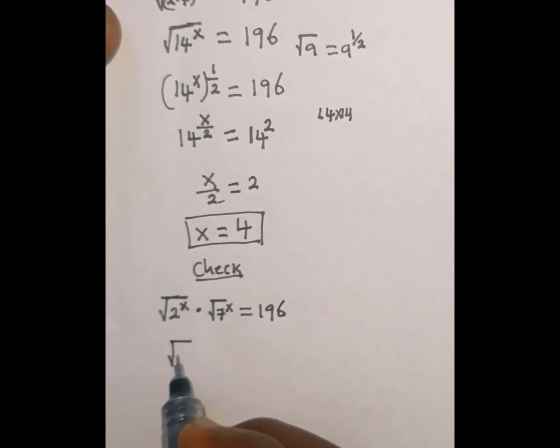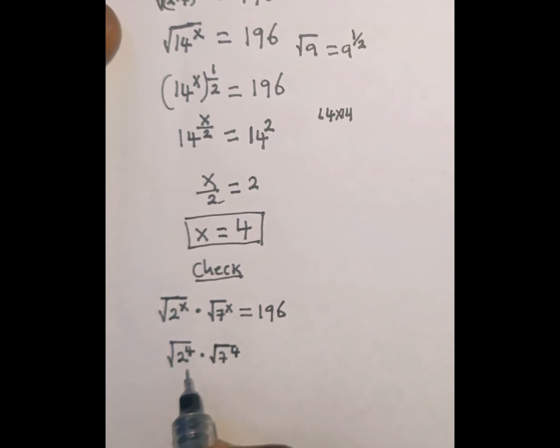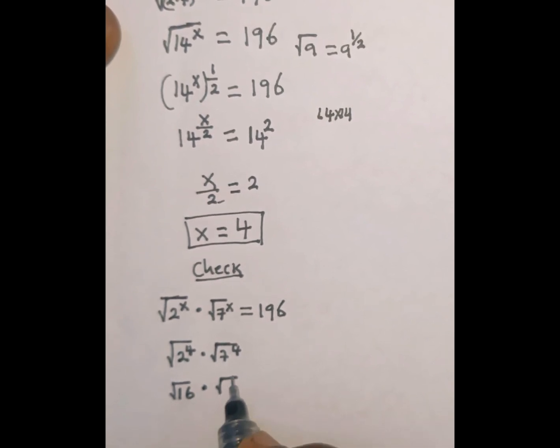So we are going to have the square root of 2 in place of x, which is going to be 4, multiplied by the square root of 7 in place of x, which is going to be 4. Now, let us simplify this and see whether it is going to give us 196. So we are going to have the square root of 2 raised to the power of 4, which implies 2 multiplied by itself in 4 places, which is going to give us 16. Then multiplied by 7 to the power of 4, which implies 7 multiplied by 7 multiplied by 7 multiplied by 7 in 4 places, which is going to give us